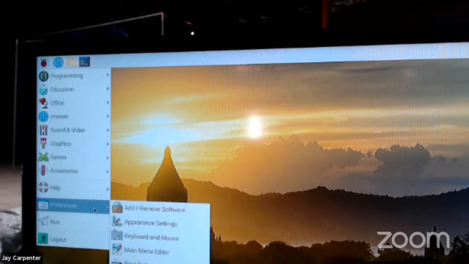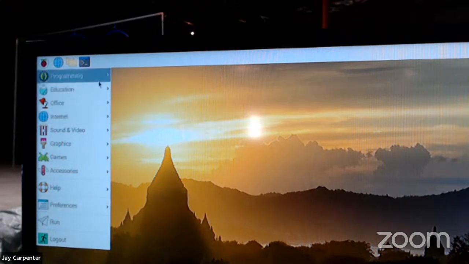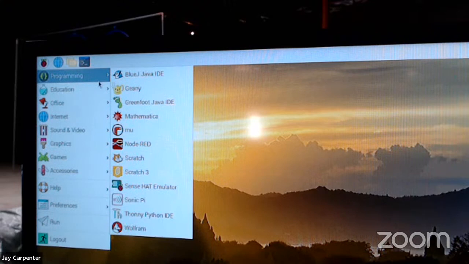You can set all sorts of preferences. So this is a very powerful, actually desktop PC, and the Model 4, which we're showing you right now, was introduced in about, I think, 2019. So it's been out for a couple of years. There's a huge community. But again, to talk about why am I interested in this, let me screen share and